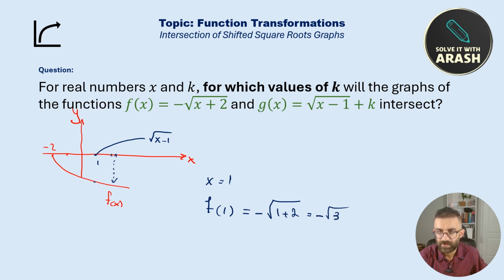This has to be equal to g(1). g(1) equals square root of 1 minus 1 plus k, which equals k, and we just mentioned that it has to be equal to f(1). So k equals negative square root of 3. Now we have a value for k,